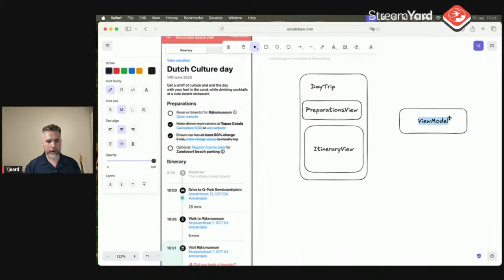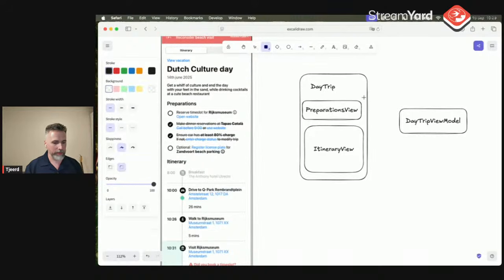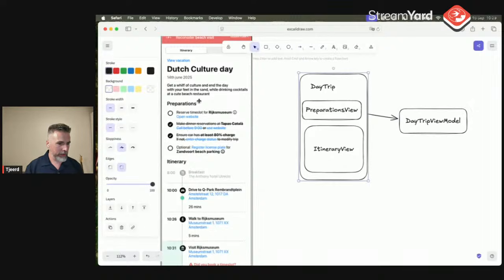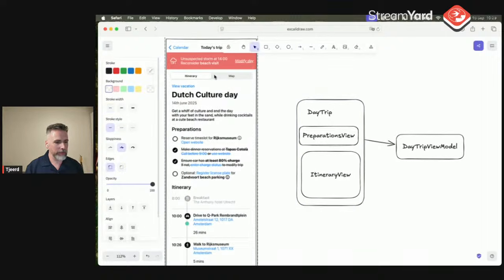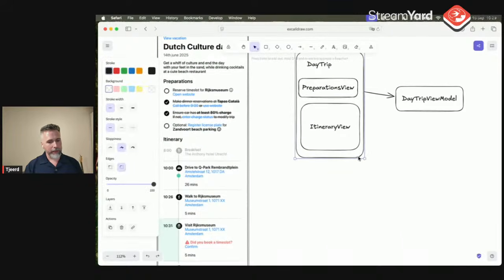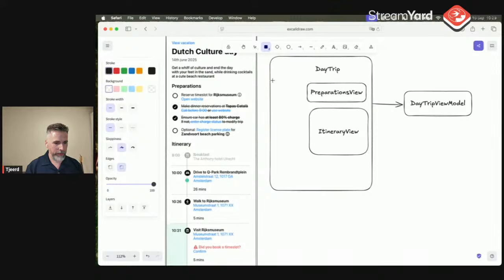And then this should be the day trip view model. And then they will connect this. And then there will be maybe, I see here, a map view. So there's a map, so they would add that. So let me just quickly add this. Oops, there's some sort of map view going on.